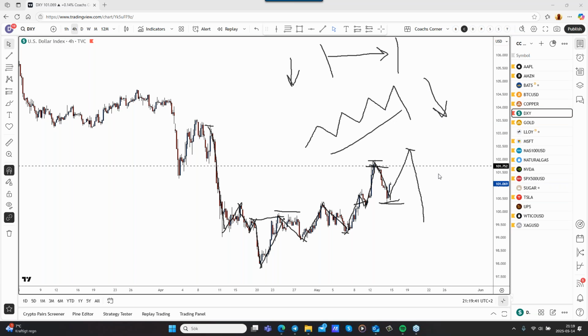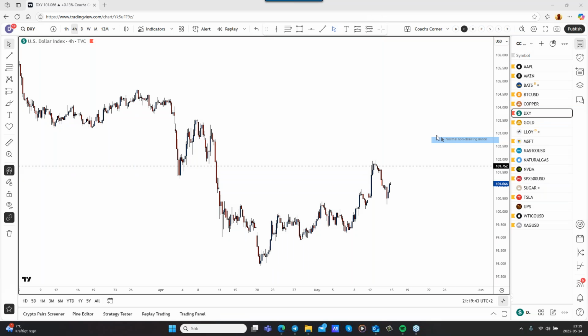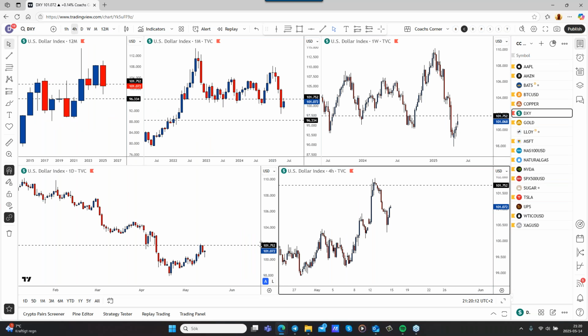So if you want me to do a top-down analysis of any of these trading instruments that I have here, just let me know and I will be more than happy to show you a full top-down. I'm reading the chat room now, so if you want me to do any top-down analysis on anything, just let me know and we just take it from there. Otherwise, I can just show you some other examples.